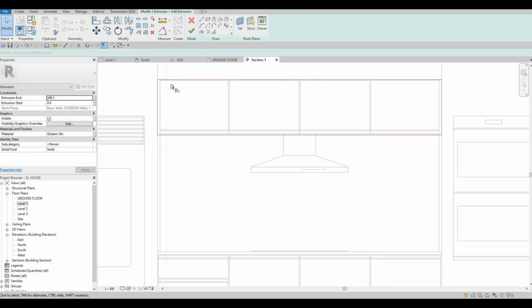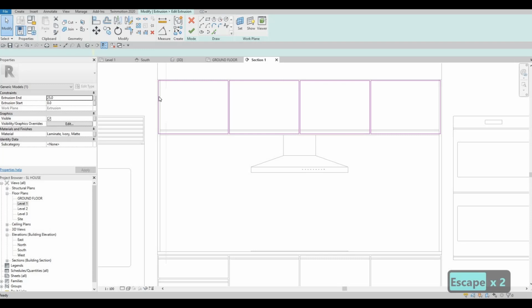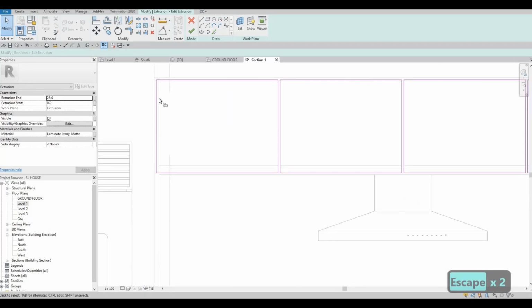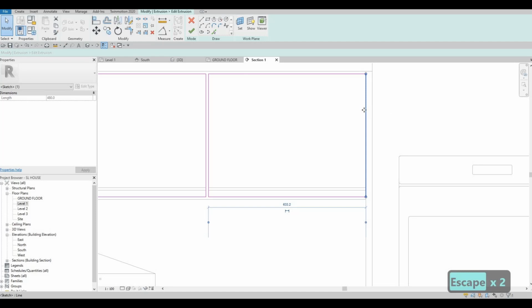Edit extrusion, AL. So that's good. Here we need to edit as well. AL. And then here we need